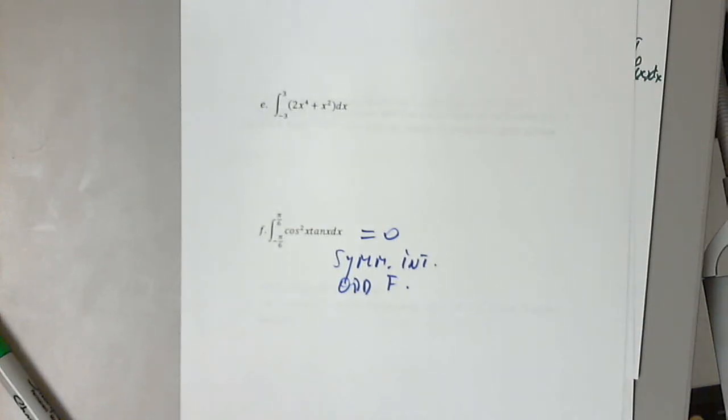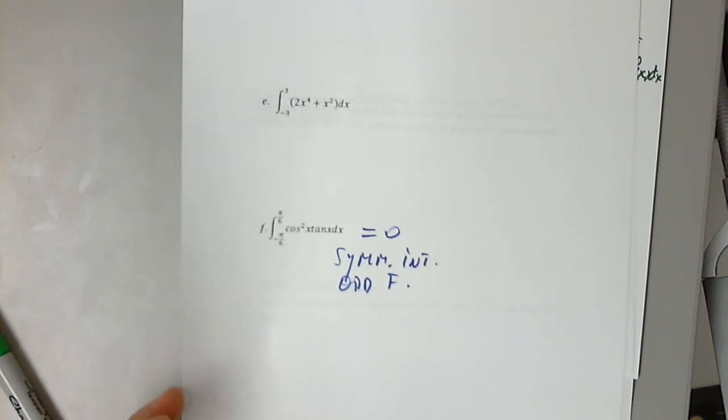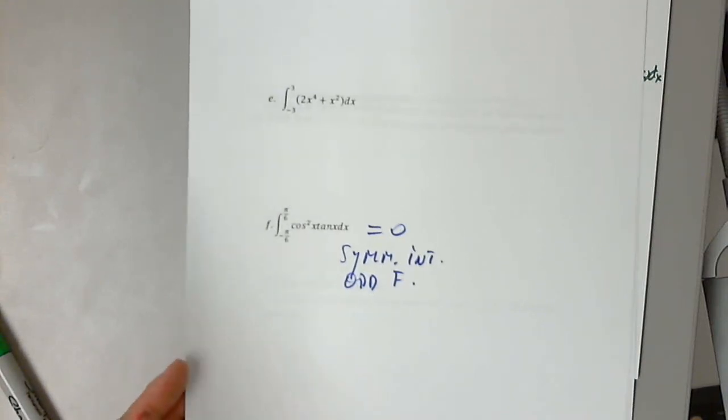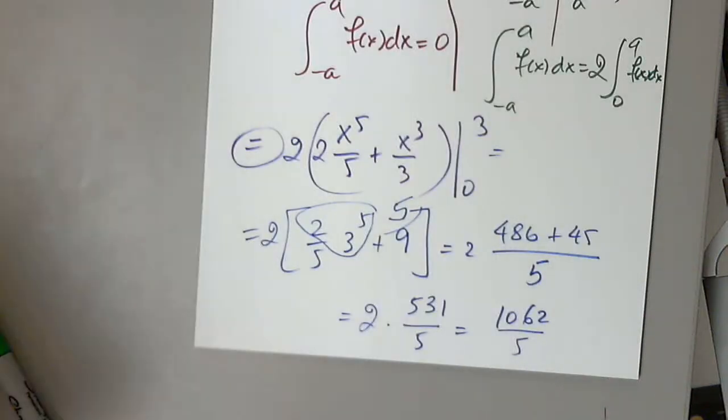Good. And if you don't catch that, it would still result as 0. Yes, absolutely. Is there anything we can memorize to see whether a function is odd or even? One thing that I can say is that